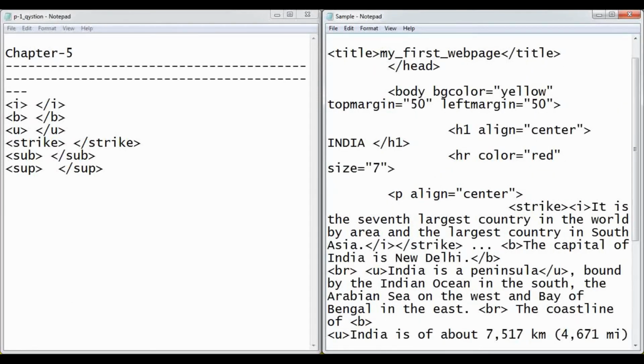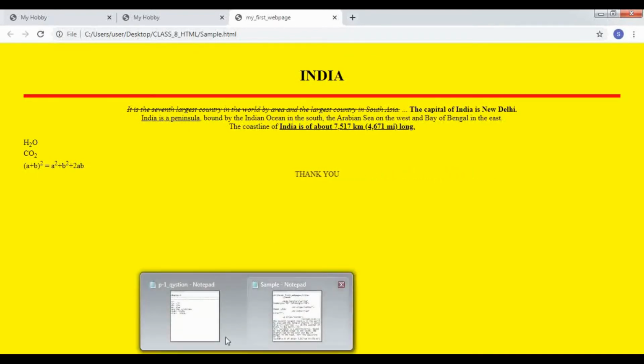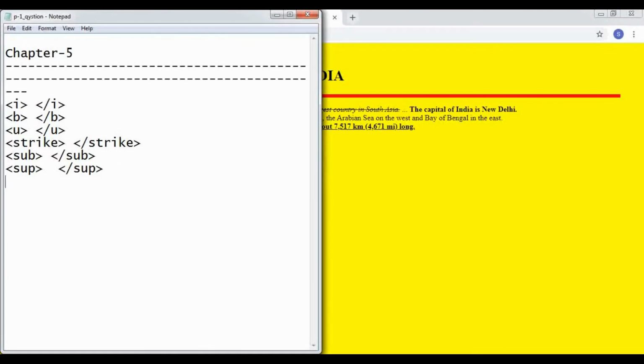For example, in many websites you see the font color of the text is different. You have text in multiple colors, multiple sizes, and multiple writing formats. So how do we apply that? If you want to make any change in the font of the text, the name of the tag is the font tag.